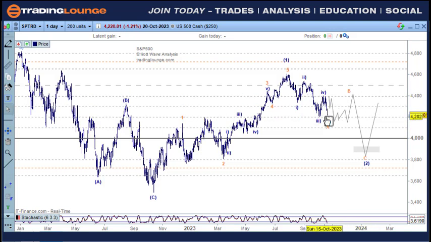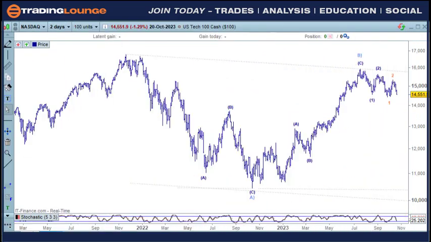So just nipping the lows out down here and then having a move to the upside. So this is what we want to focus on tomorrow. And then this wave C to the downside here for this. And this will be the same for the